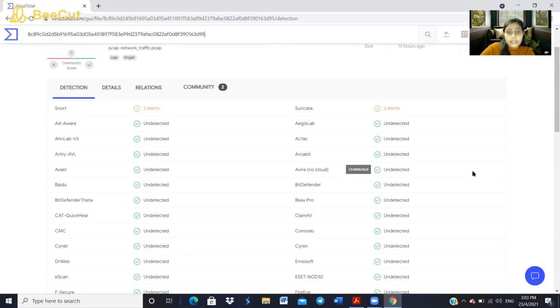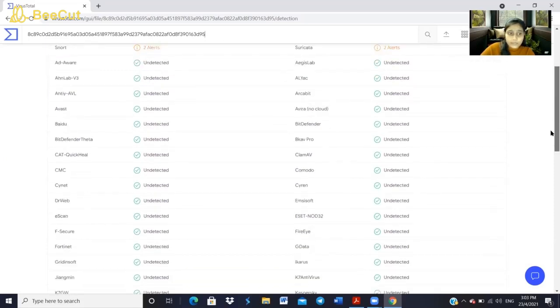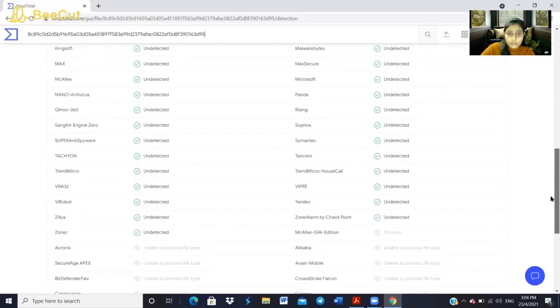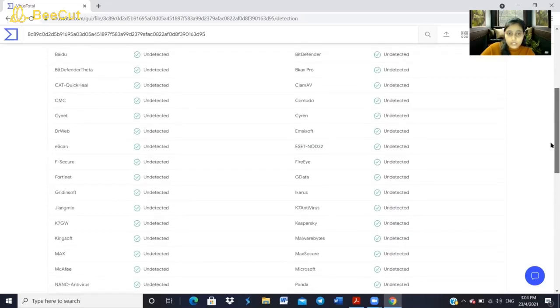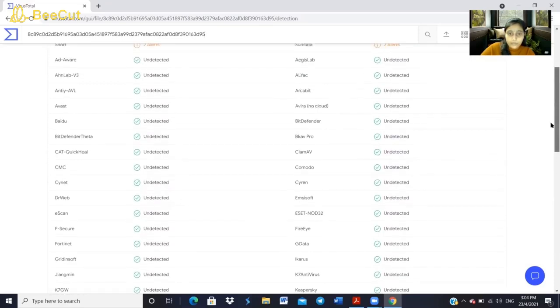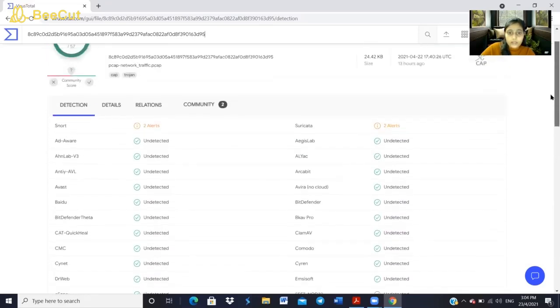Note that these are many of the leading names in the industry. Here we can see a lot of engines.